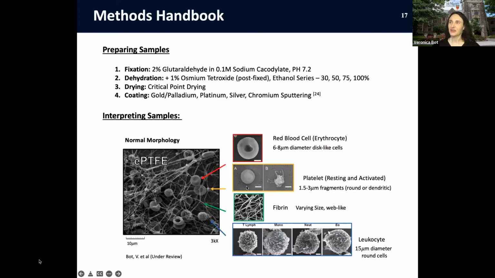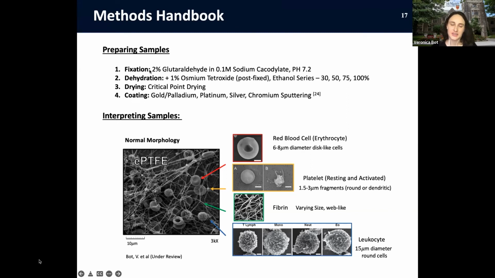I thought in the conclusion of this presentation, I would provide a handbook based on my experience as a master's student. What are sort of the main takeaways that I would want to share with others? So in terms of preparing samples, fortunately at McMaster at the CCEM, we are very lucky to have a very helpful staff. Marcia Reed was very helpful for me throughout this project. But in general, it's good to have a baseline understanding of the preparation of your samples, although you will be assisted, which is a relief.